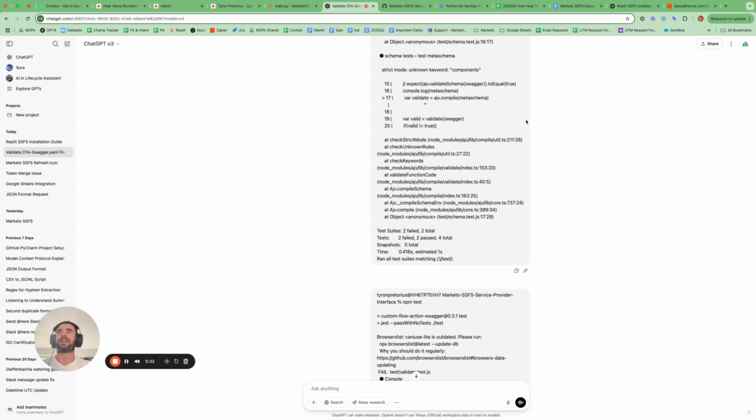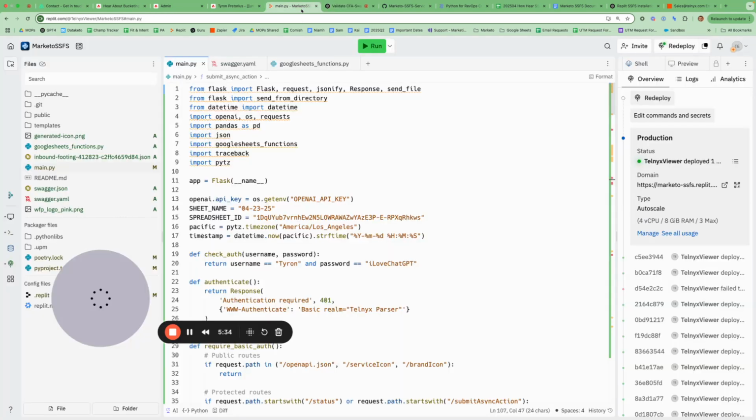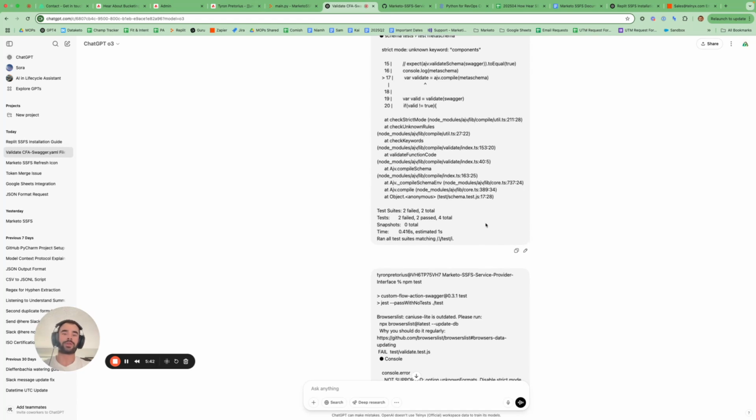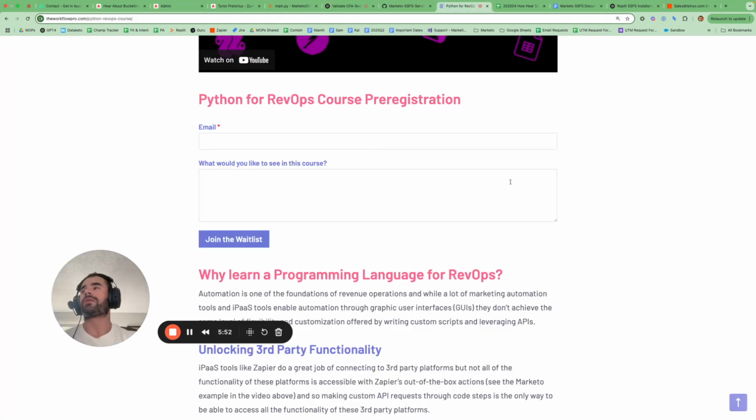So don't be intimidated by hosting code in Replit or Python. I think anyone now, so long as you're a good prompt engineer, you're able to write Python code that works using ChatGPT, and you just then have to test it and iterate with it and keep working with ChatGPT if you get any errors. And just on a related note, I've got a Python for RevOps course, which I'll be